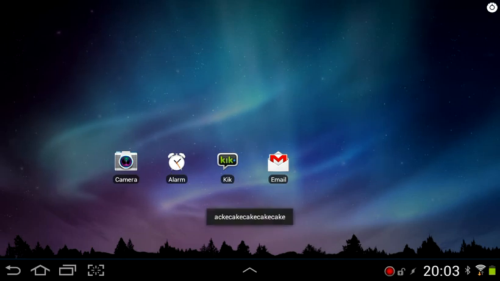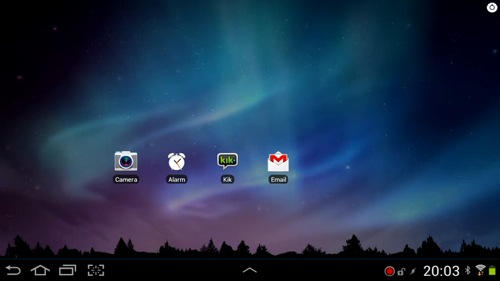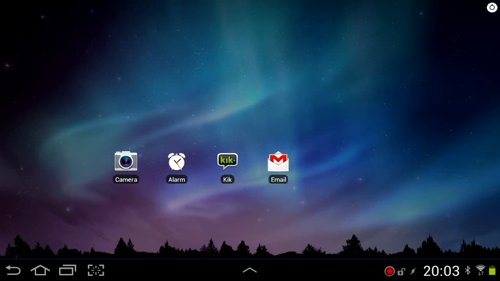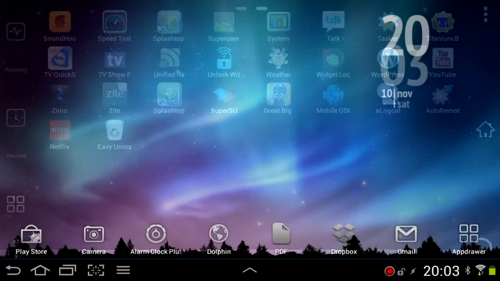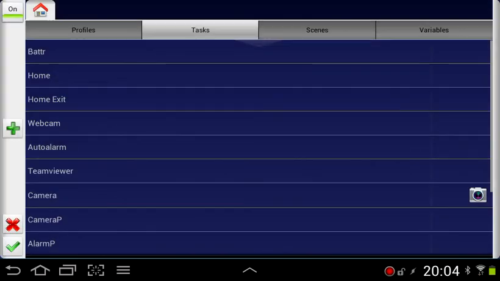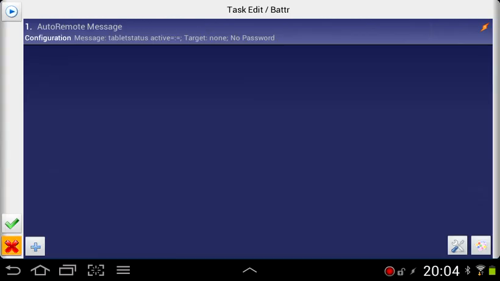So I could spell out something completely different like this. But the idea is that we're going to clear this one in between each time. So when you tap all of them, it's going to end up saying cake. So when we have that in place, we need to go back into Tasker and create a profile that monitors